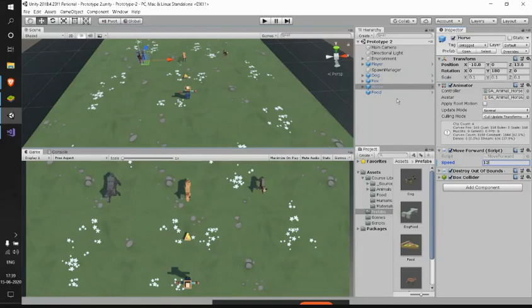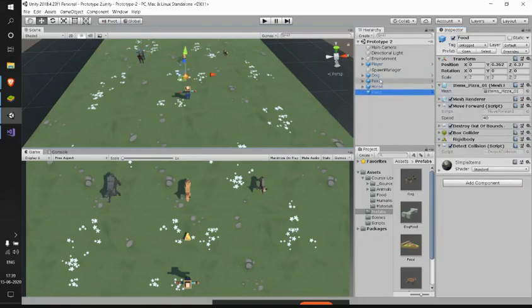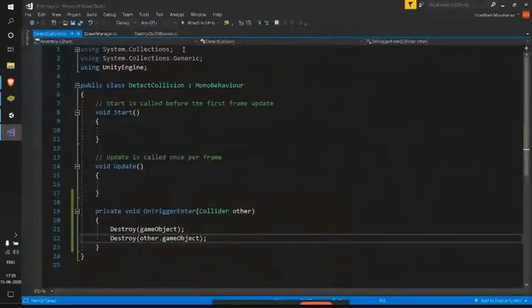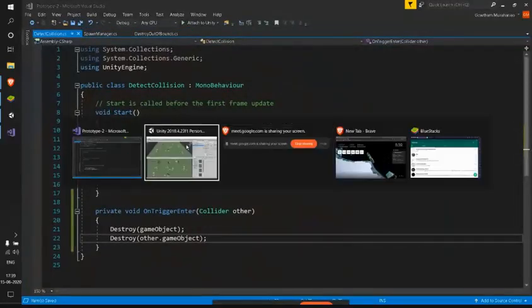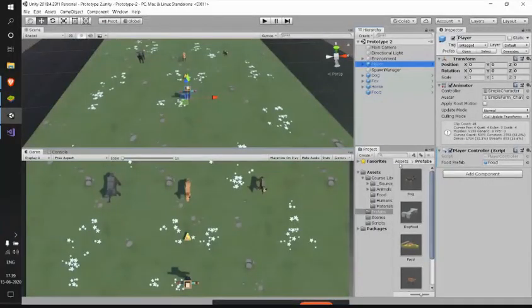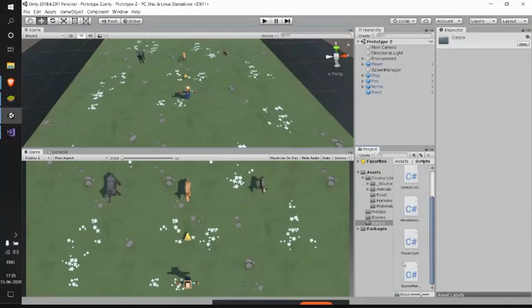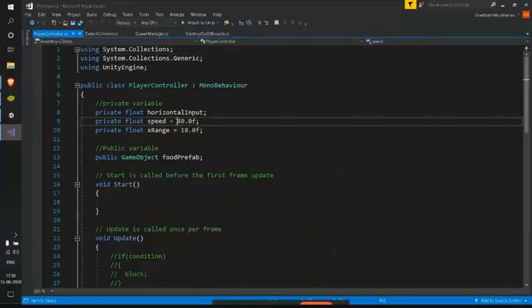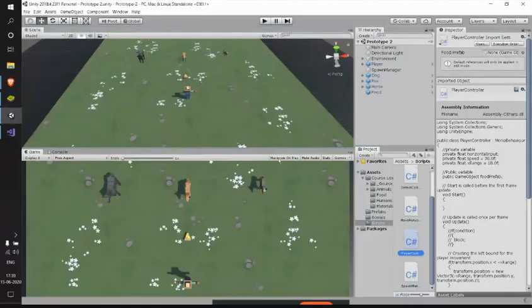So let me save this, and I need to change the speed of my player also. I don't see the speed of my player here. It will be present in my player controller, so I'll open the script. And see, here I have it as 40. Let me make it 30, and get back and test this again.